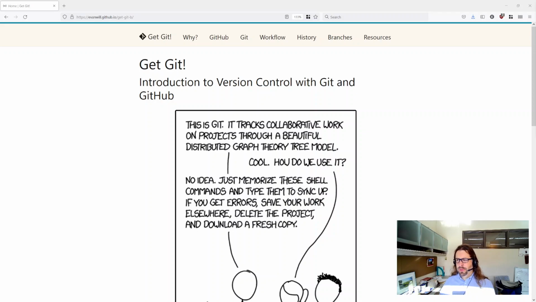So this is a workshop I really like to teach. Get Git is aiming to give you a really pragmatic, hands-on introduction to Git, covering all the basics that you're going to need to know to use version control on your own projects and kind of in your daily life. There's a lot of really fancy, complex things that Git can do, but the basics are really all you need to know for about 99.9% of collaborating and daily use, unless you're on some kind of giant worldwide software development